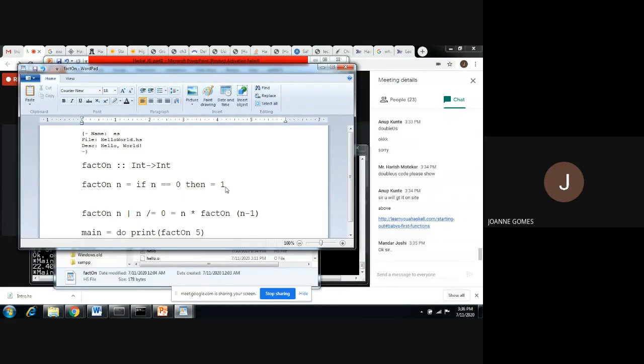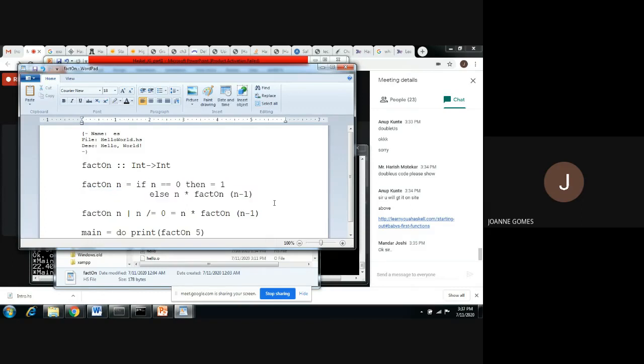Okay, and then we have to write the second condition, else: if the condition is not met, just do this. Okay, so this is what it would look like.